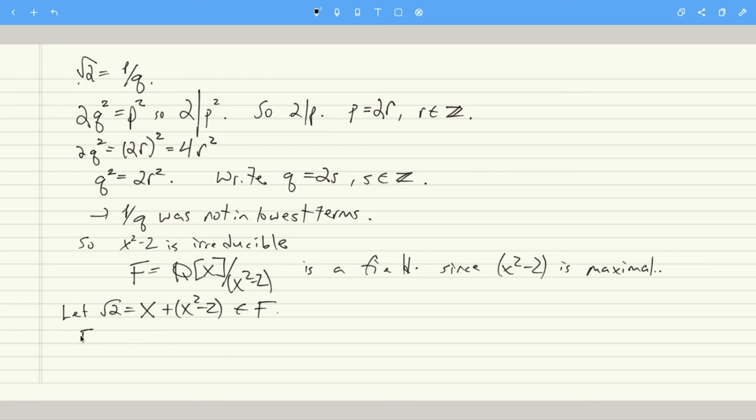Now you can see that every element of F can be written uniquely as